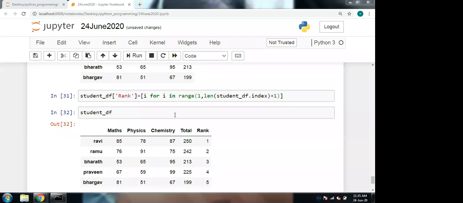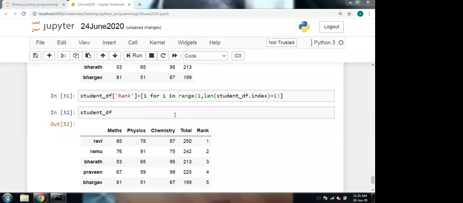When we apply length, we will get 5, ma'am, not 4, as we are not starting from 0. We are starting from 1. That is why I have given 5 plus 1, 6. So 1 to 6 means we will get up to 1, 2, 3, 4, 5. Okay.